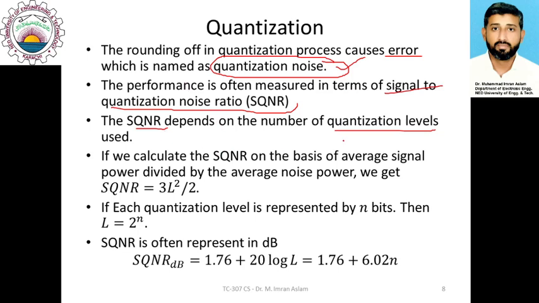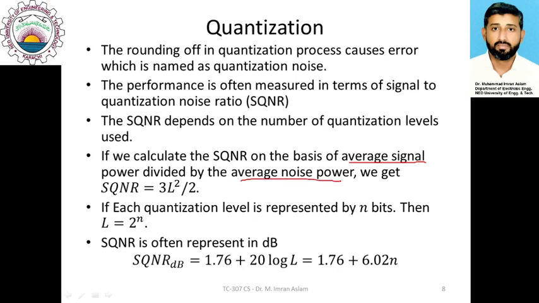That means the effect of noise will be reduced in that particular case. So how does this signal to quantization noise relate to the voltage level? Mathematically, if we divide the average signal power by the average noise power, SQNR is given by this expression, 3L square by 2. So this is the relationship between signal to quantization noise ratio and the number of voltage levels that are defined